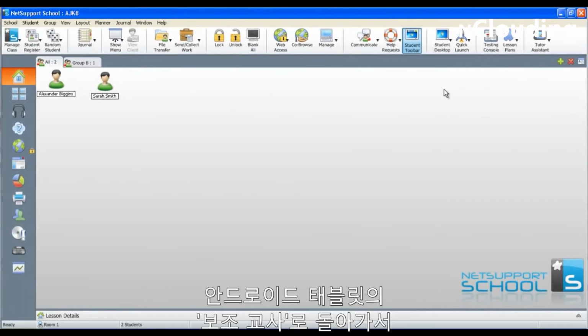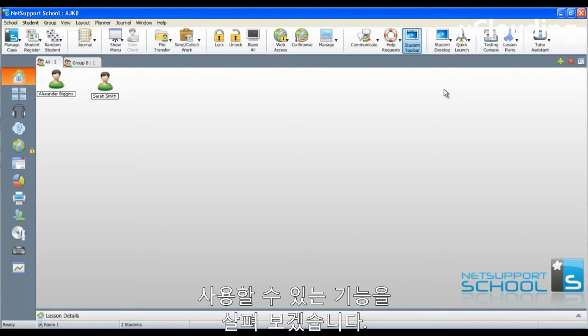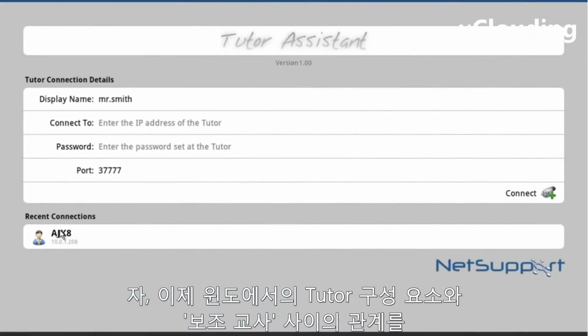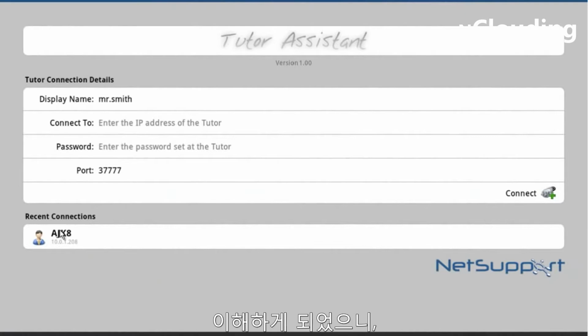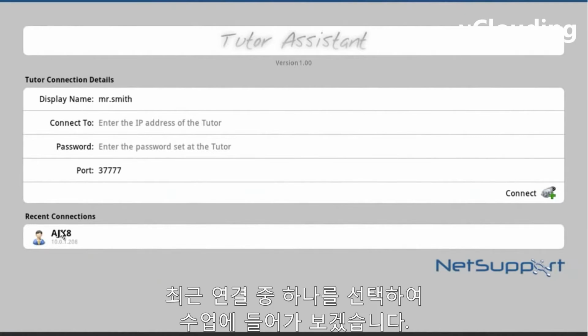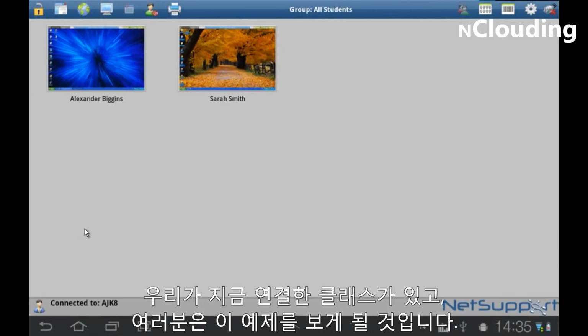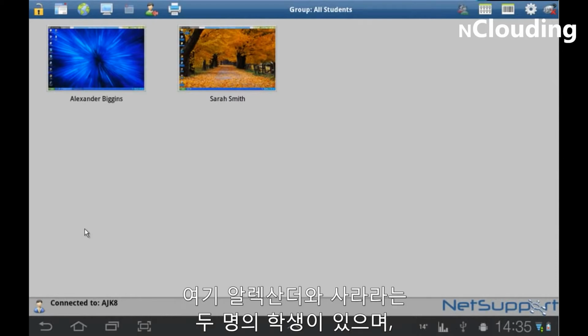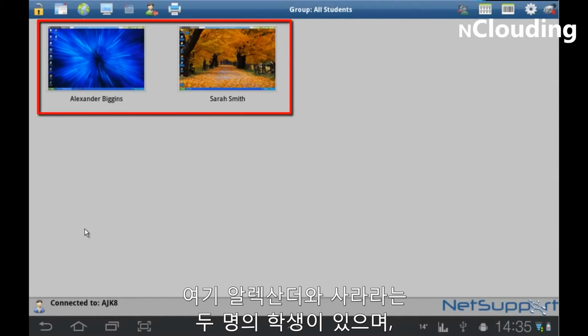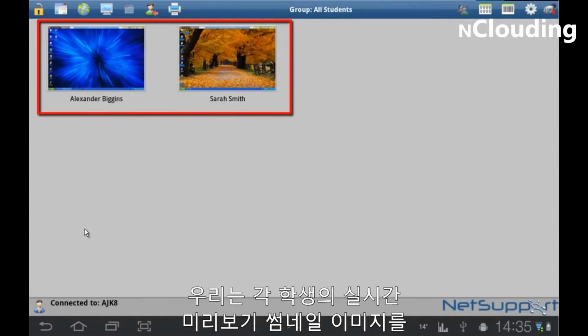Let's jump back to the tutor assistant on our Android tablet and have a look at some of the functionality available. Okay, so now we understand the relationship between the tutor component on Windows and the tutor assistant. Let's jump into our class by selecting one of our recent connections. And here we are, as if by magic, we have a class which we've now connected to, and you'll see for this example we have two students, Alexander and Sarah, and we can see real-time thumbnails for each student